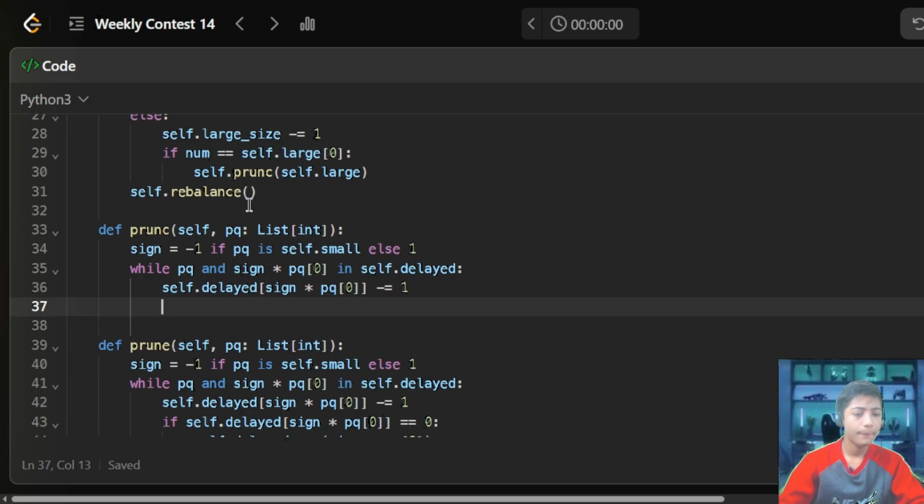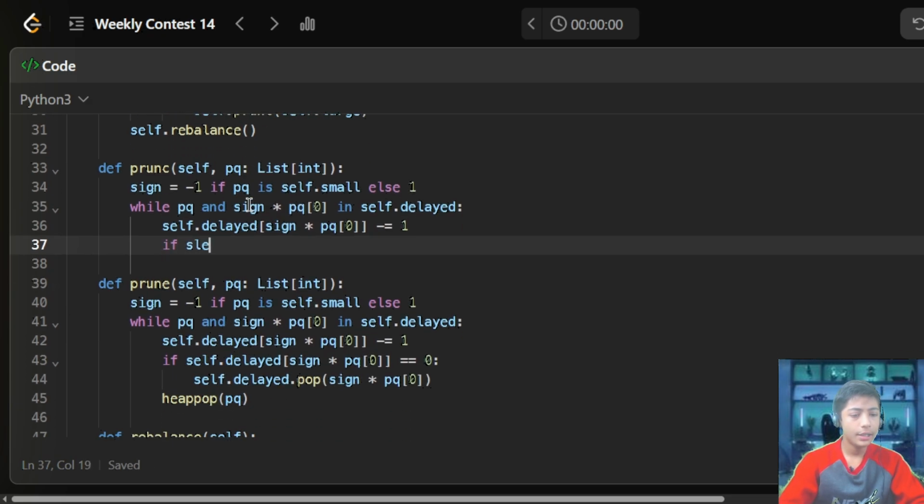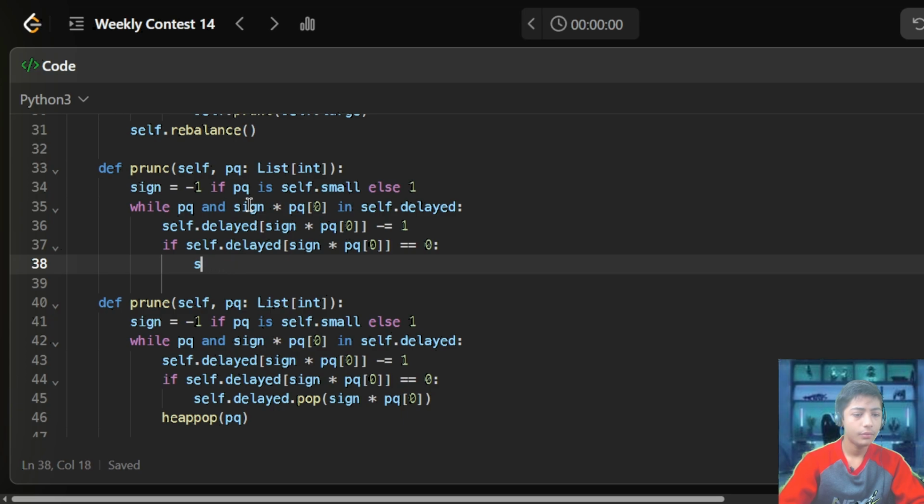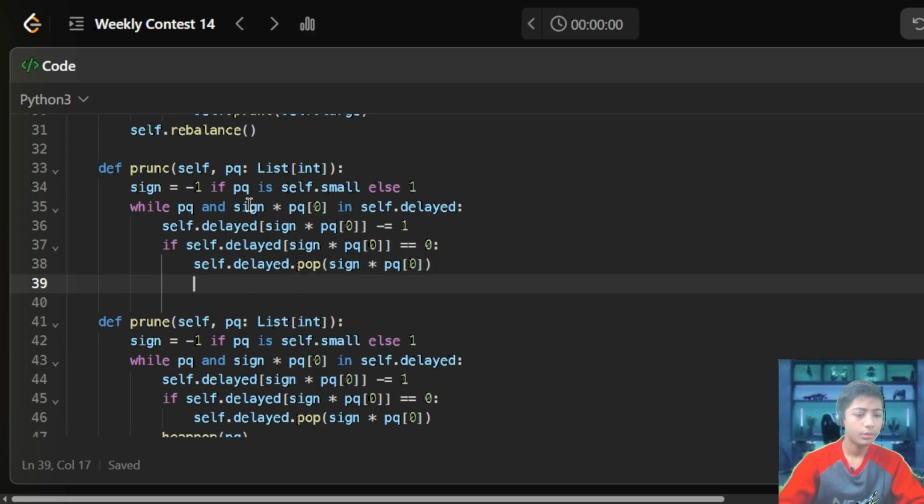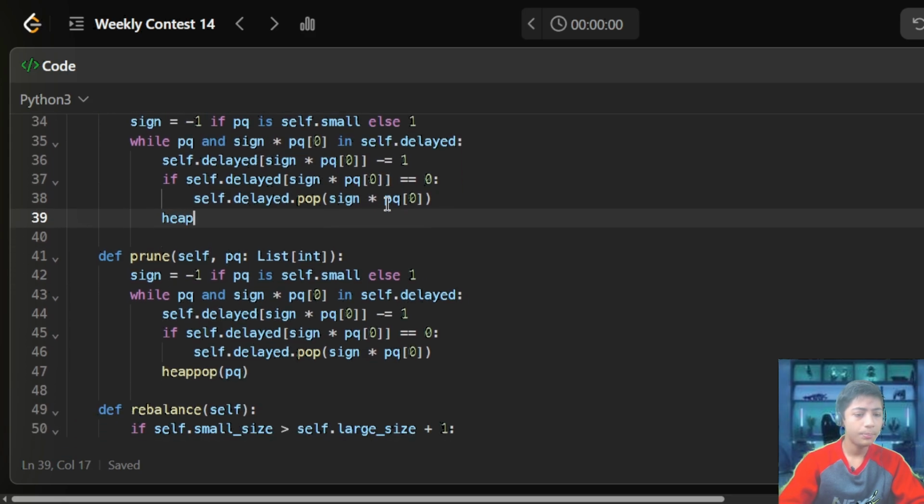Enter. if self.delete[sign * pq[0]] == 0: self.delete.pop(sign * pq[0]), then heappop(pq), enter.